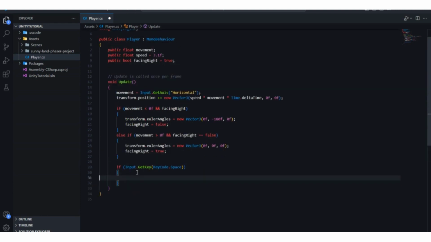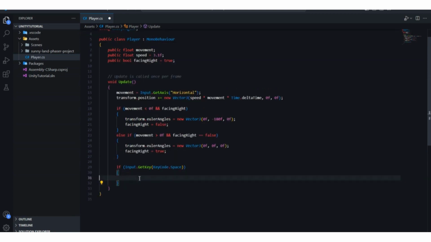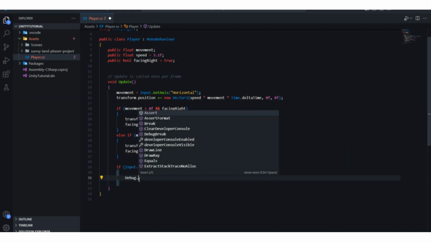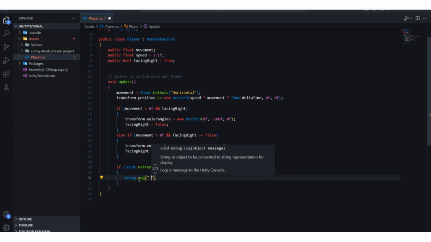is firstly debug. Then we're going to add a force on the y-axis. We're going to jump whenever we press the space key, but firstly we're going to debug to see if it's working or not. So we have to type Debug.Log, and you have to pass a string into these brackets. In quotation marks we'll write something like "Player jump", then end with a semicolon